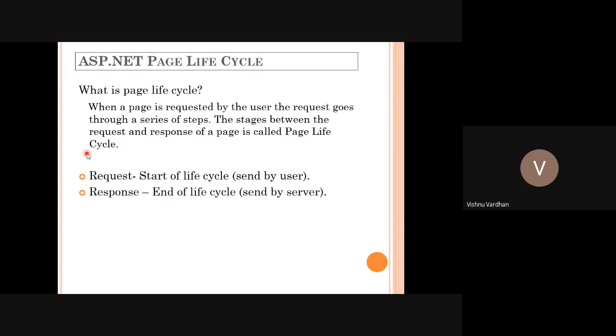This is the basic single aim of any web server or server-side scripting technology. It takes all the requests from the client, then manipulates the response in the format of HTML, and it is sent to the client.